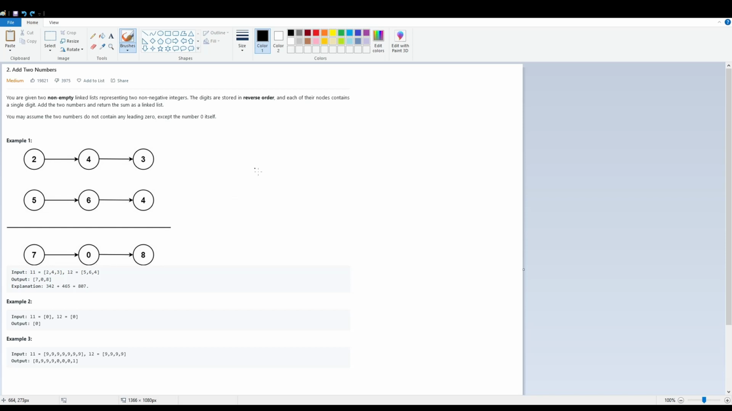So basically when we do 342 plus 465, we obviously know this is 7, okay? And this 6 plus 4 is 10, so we add the 0 here. But then we have a remainder that we need to take into account. So we do 6 plus 4, which is 10, and then we add the 0 to our new linked list,